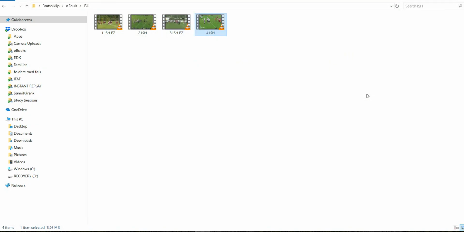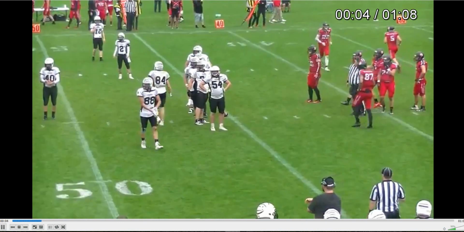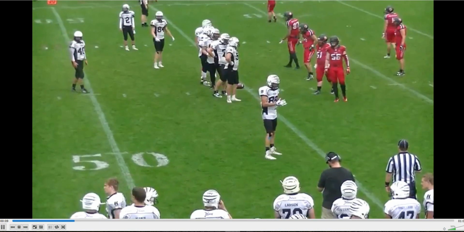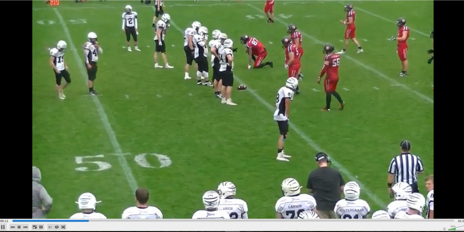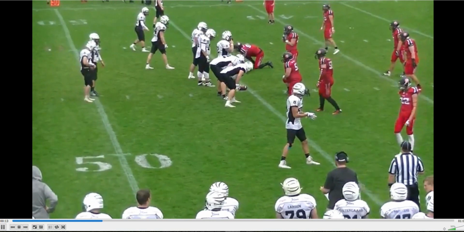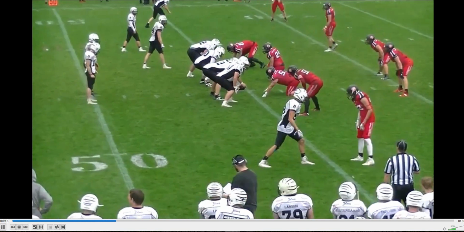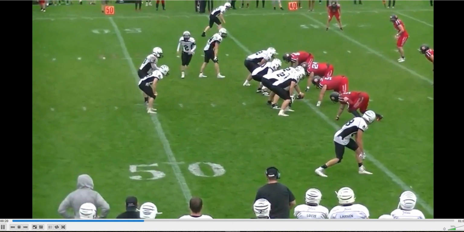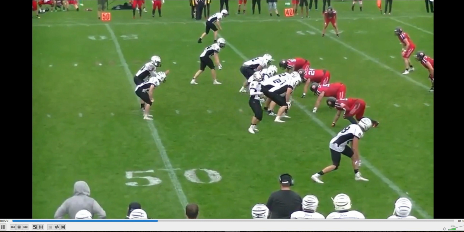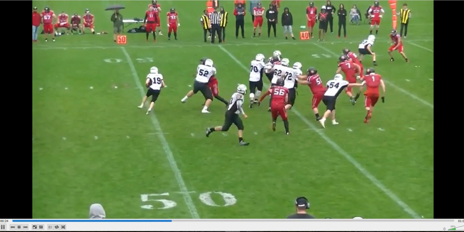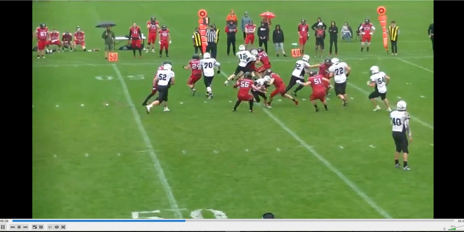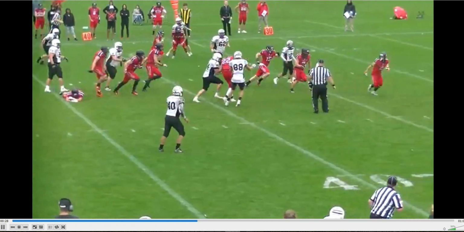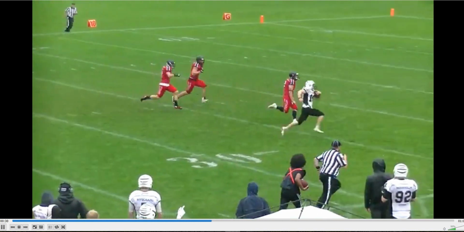And that brings us up to the last play. And this is actually a good example of why we want to shut it down if at all possible. Now, I'm not saying that this should have been shut down because it really can't. This doesn't look like the start of the play. But if you'll see here, the result of the play ends up with a long touchdown for Team A.